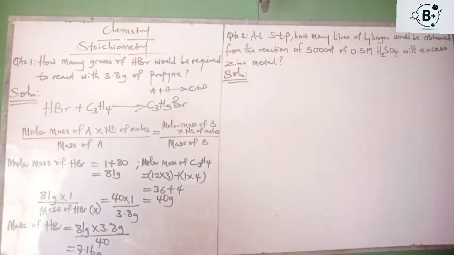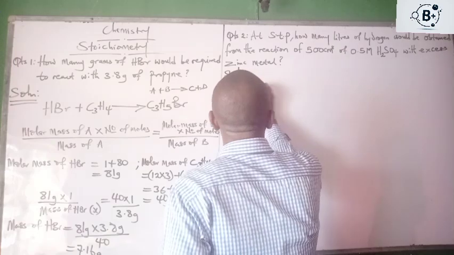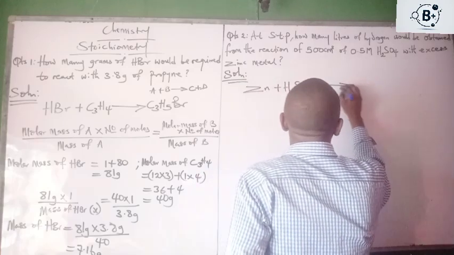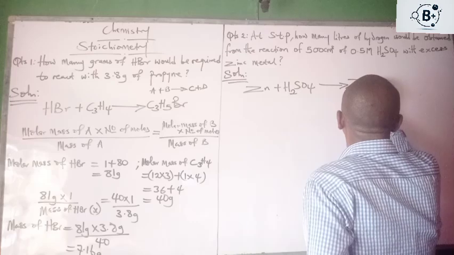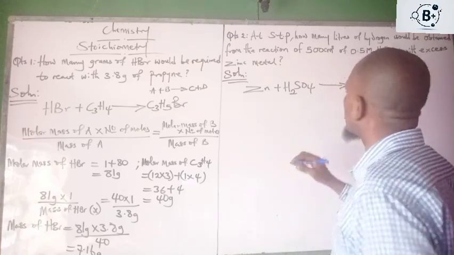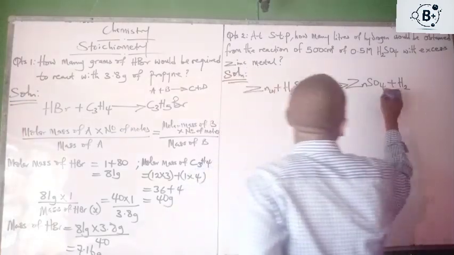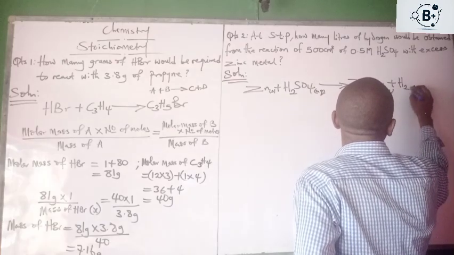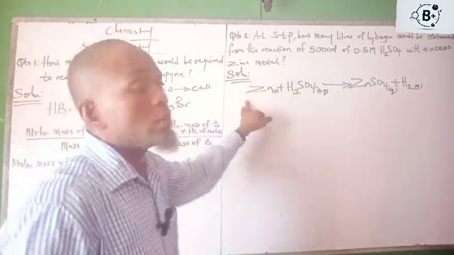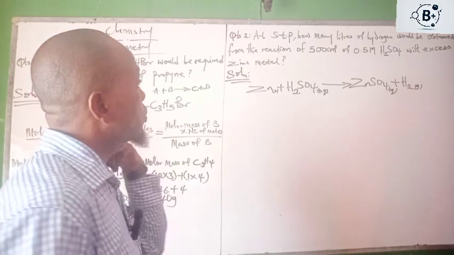So the reaction is going to be zinc plus H2SO4, which will give us zinc sulfate plus hydrogen gas. So this is what we are going to have. Okay, so let's continue. Now for this reaction, I haven't written the equation this way. The next thing you are going to do is to